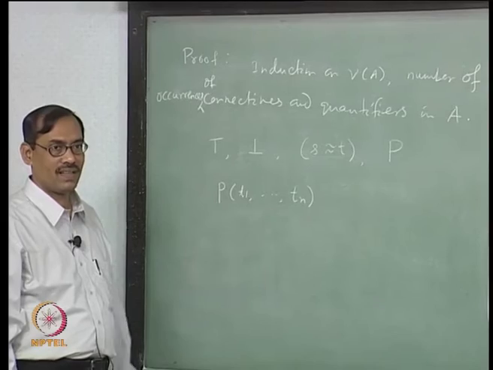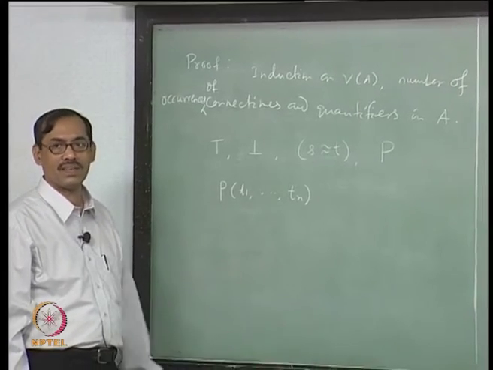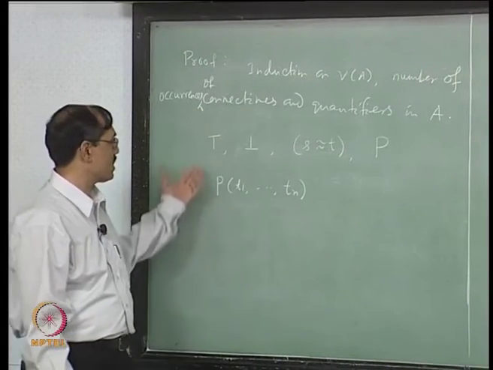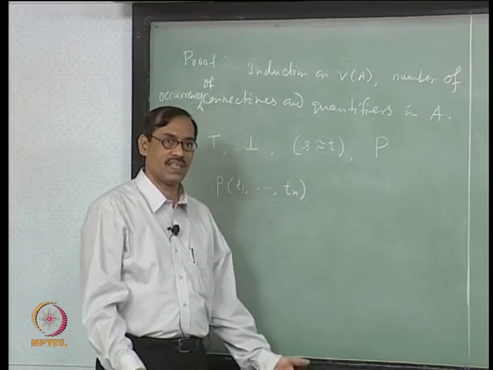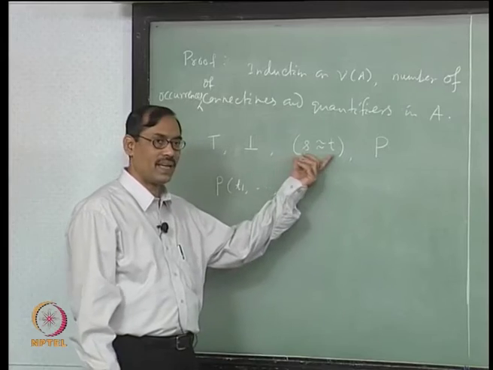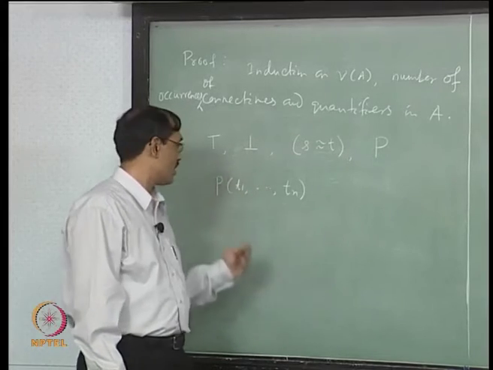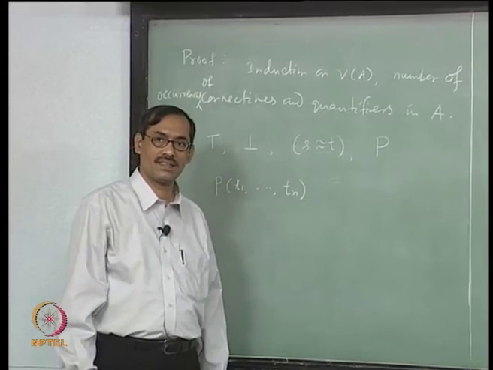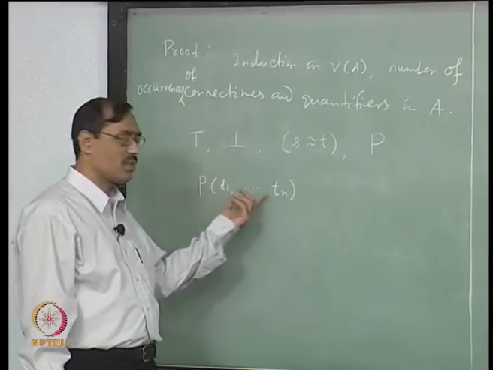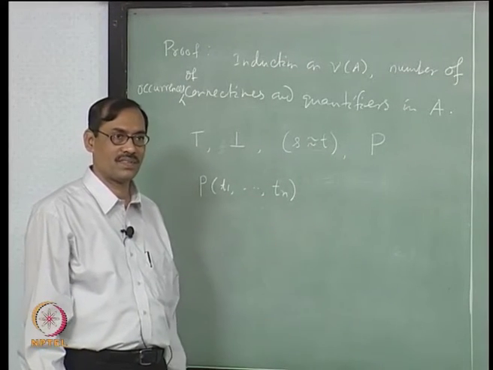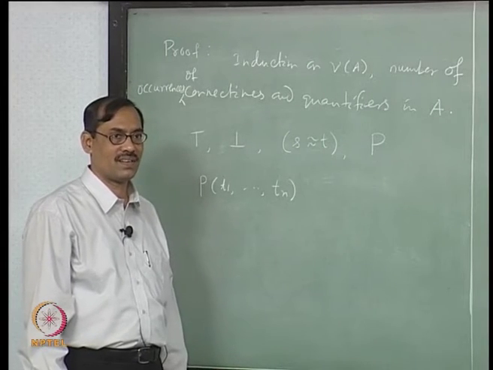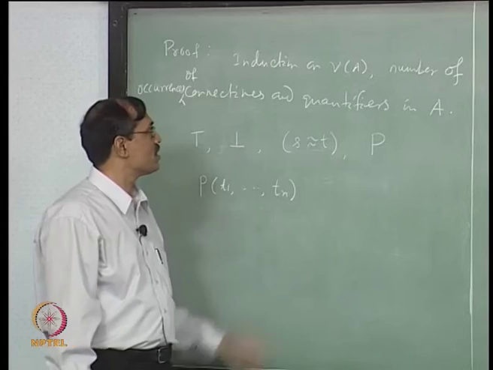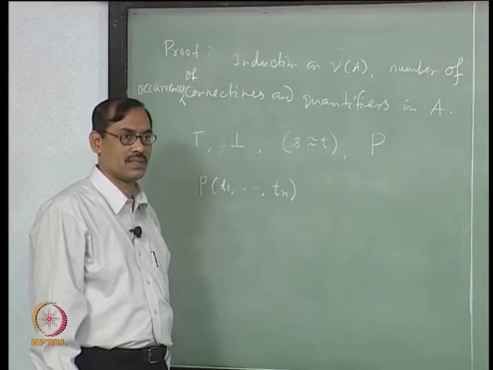Is that okay? That is how we have given the syntax of the language. So it can be top, it can be bottom, it can be some zero-array predicate, a proposition itself, or it can be binary with equality, or any n-array predicate, right. There might be function symbols inside this t1 to tn, they are terms, okay, but no connectives, no quantifiers, that is important. So nu A is 0, that is our basis case.